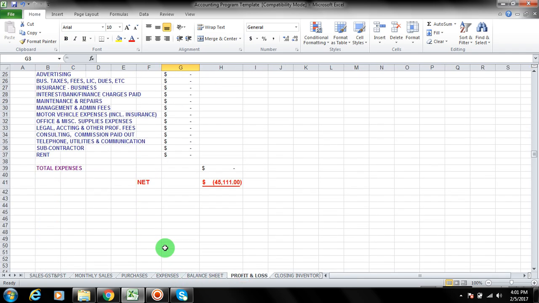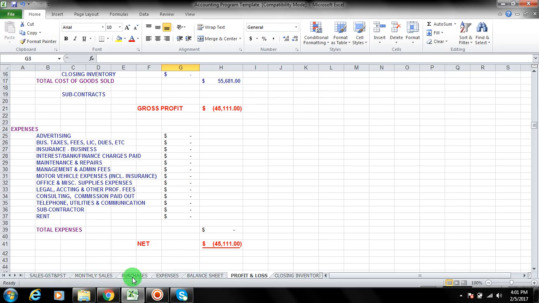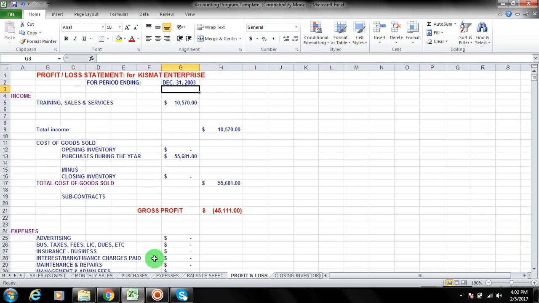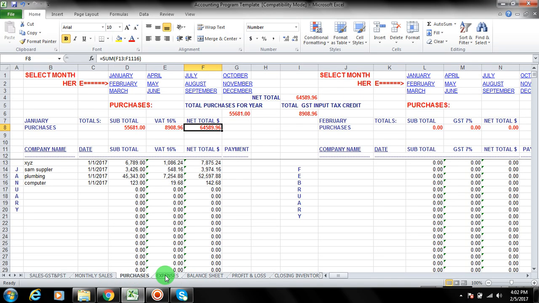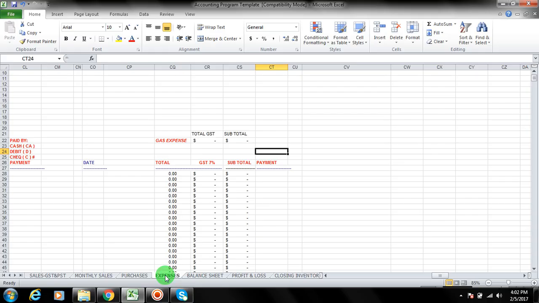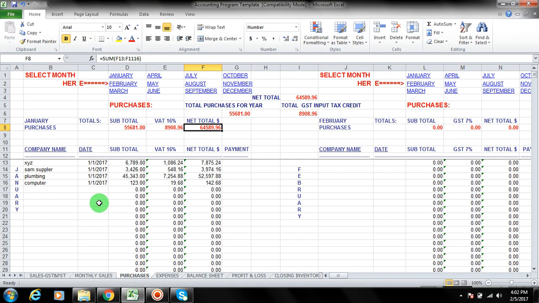So it updates. The reason I want to show you this stuff as we're doing it is that I designed this to update your profit and loss and your balance sheet. All of these get updated as you update the specific sheets. So we finished the purchases. We're going to